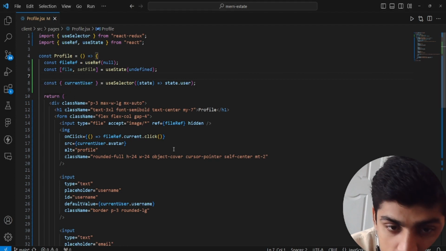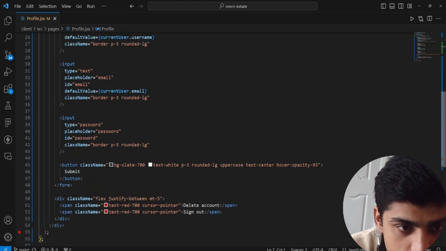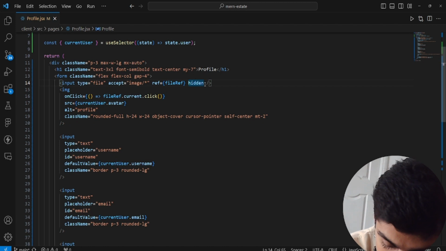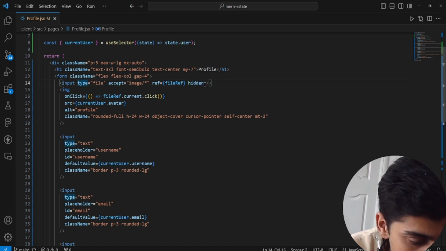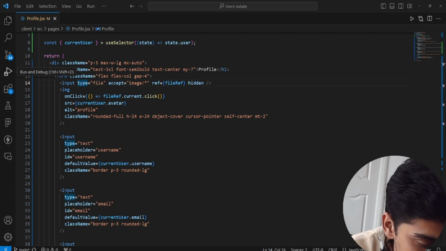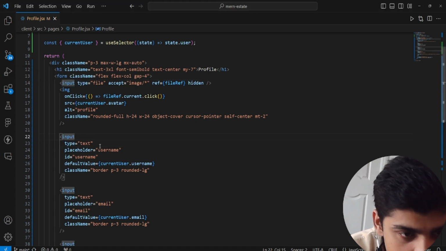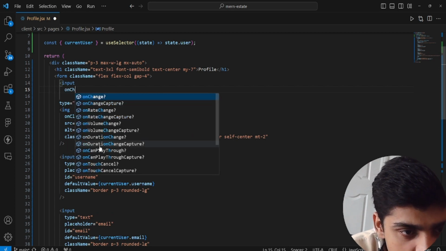We have to go to the input, which was the file type, which is right here. Okay, and in here we could just put on change. So I'll put on change in here, and we'll just get only the first image. So let's go here, and I'll say on change,